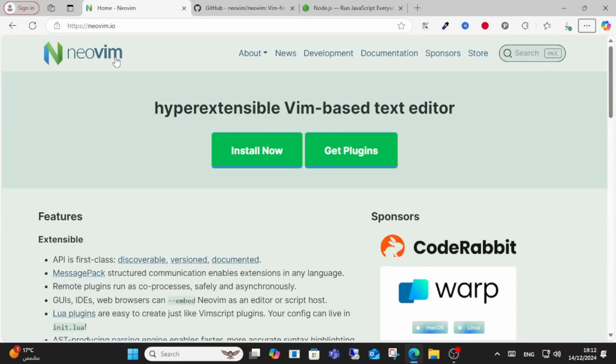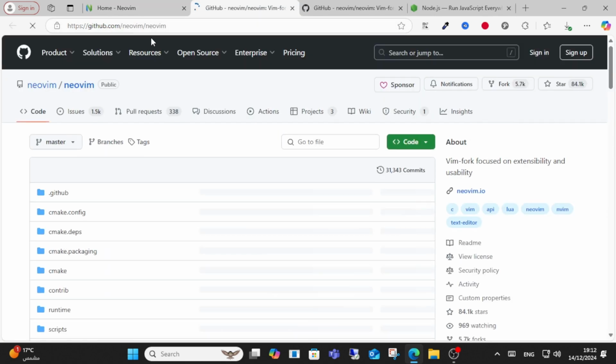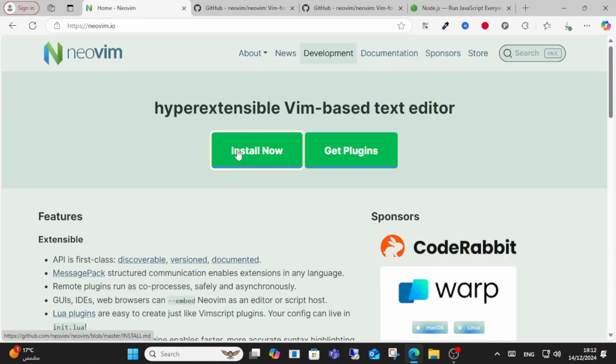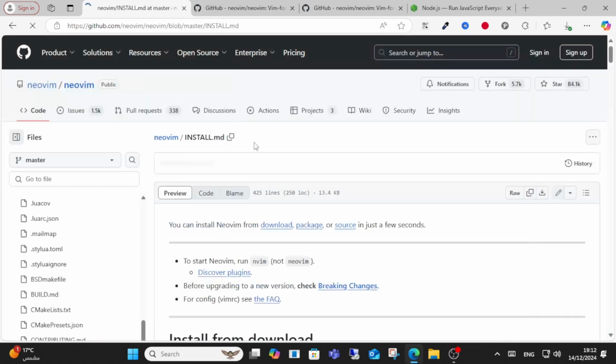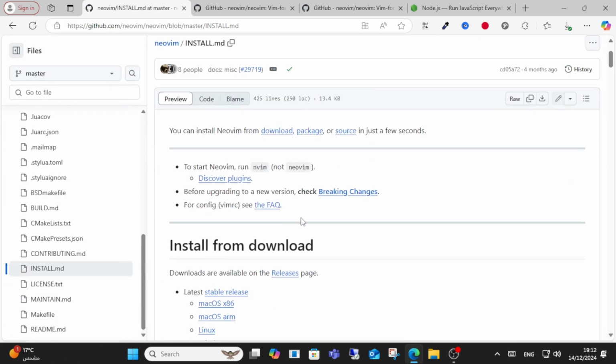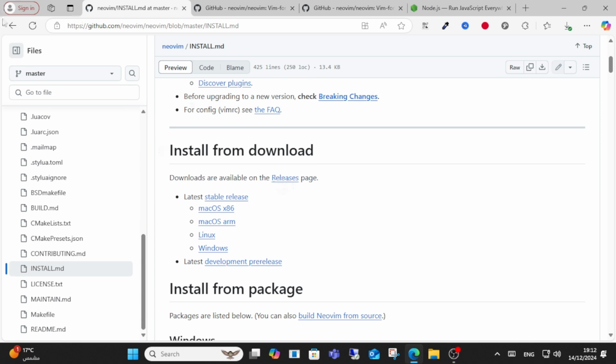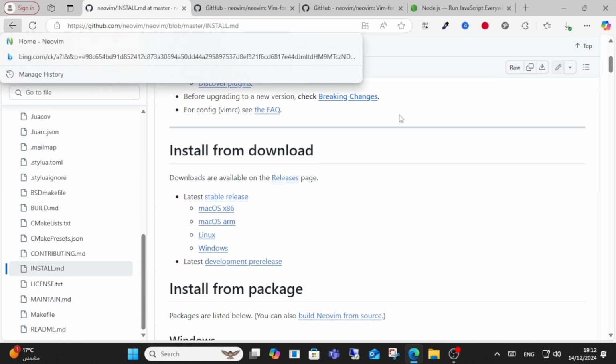Today I will show you how you can set up Neovim for web development. So guys, the first step you need to do is install Neovim and make sure you have the latest version, as you can see here. And after that guys, what you have to do is use a plugin manager like Packer Neovim